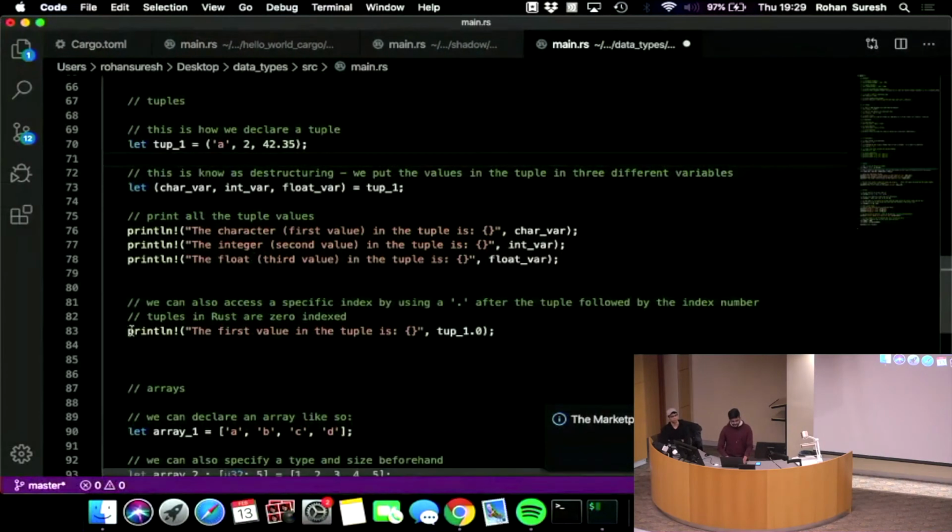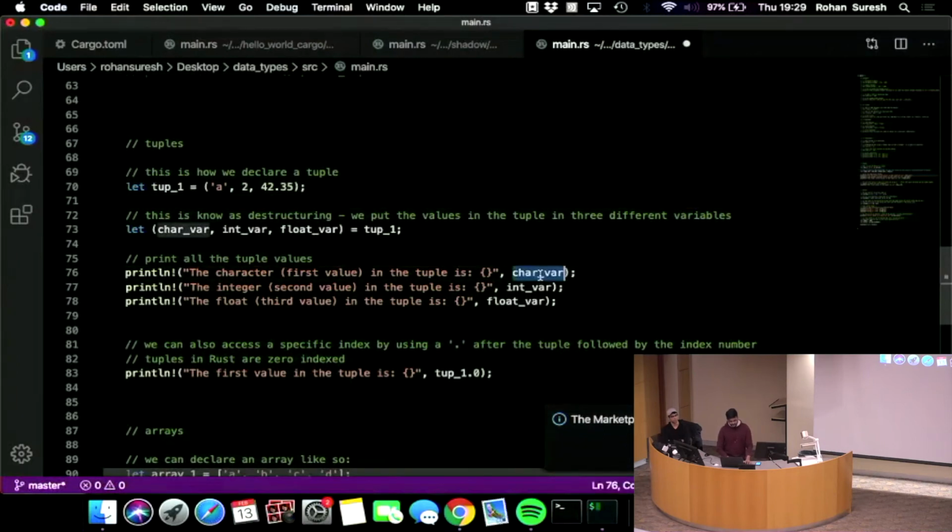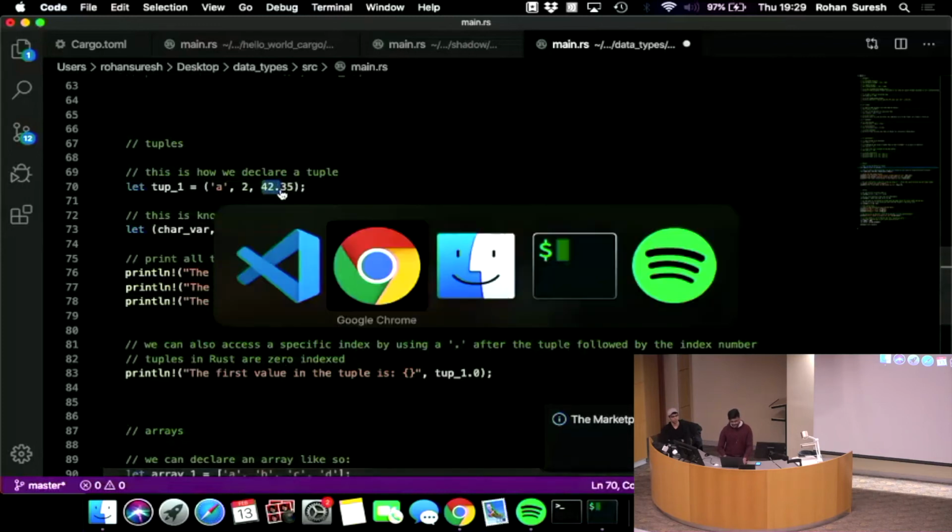When I print this out, it's going to print out carvar, which is the first value in tuple 1, and that's the letter A. And when I print out intvar, that's the second value in the tuple, which is 2, and then the third one is floatvar, which is the third value in the tuple, which is this float over here. So if I run that,